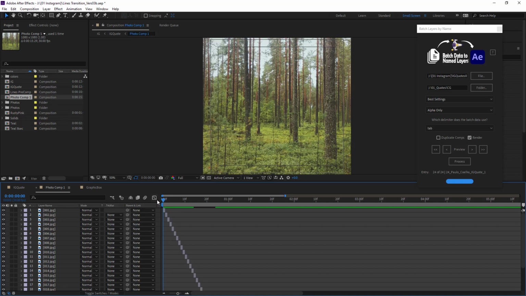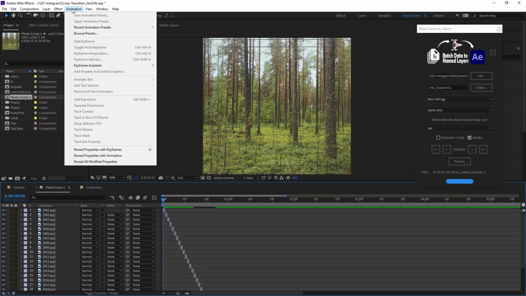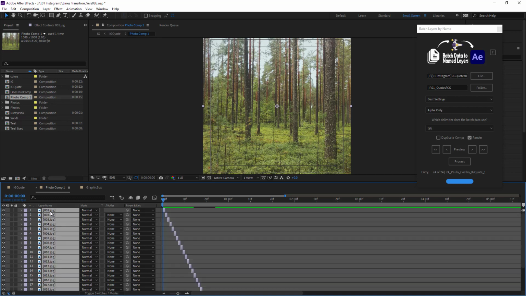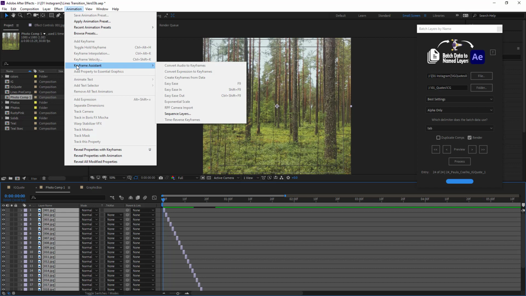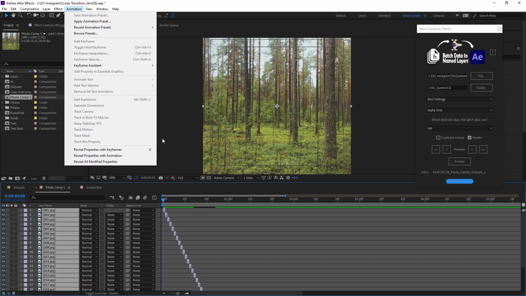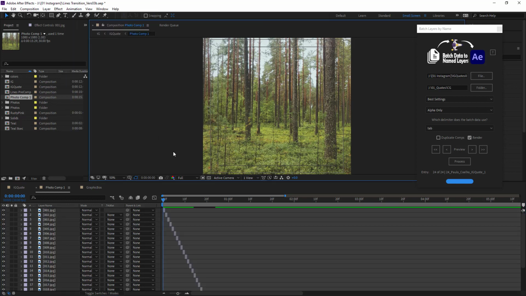Remove them down to 1 frame in width, and then by selecting them all through animation, keyframe assistant, sequence layers. And of course you need to do that in the order that you prefer to have them. And then